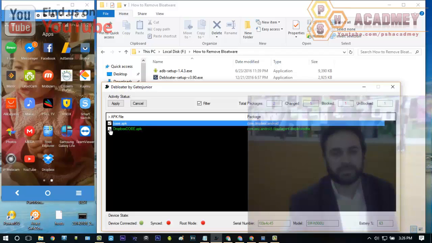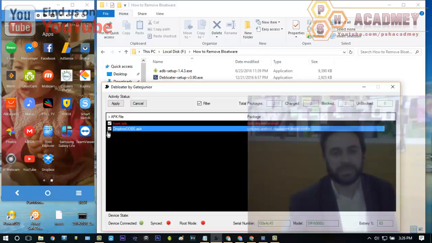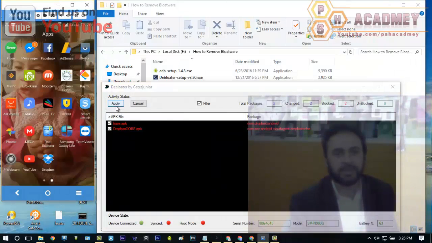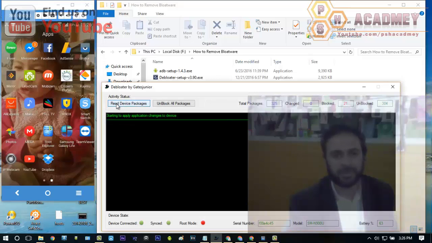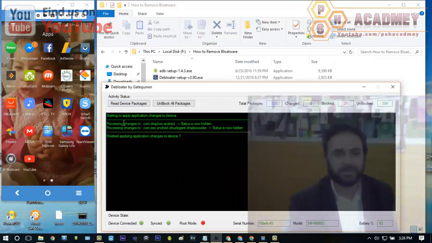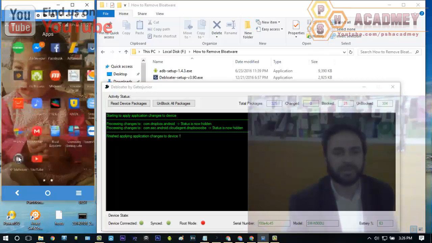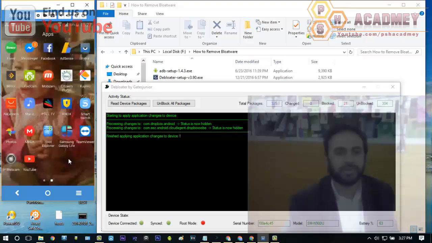I check these two APK files and click Apply. It will remove or disable the Dropbox app from our Android phone. I apply it, and you can see my Dropbox app disappears from my Android phone. As you can see, there is no Dropbox on the phone.